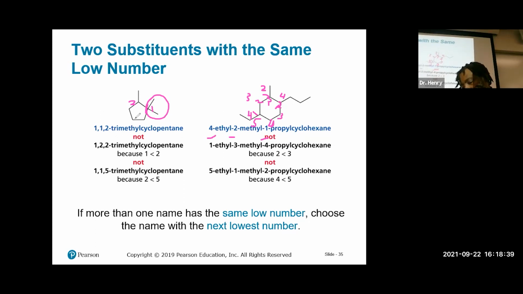1, 2, 3, 4, or 1, 2, 3, 4, or 1, 2, 3, 4. Let's see, 1, 2, 3. Yeah, you got me. You're right. Yeah. So we would have to start at our propyl methyl, because then that would give us, we would end up with